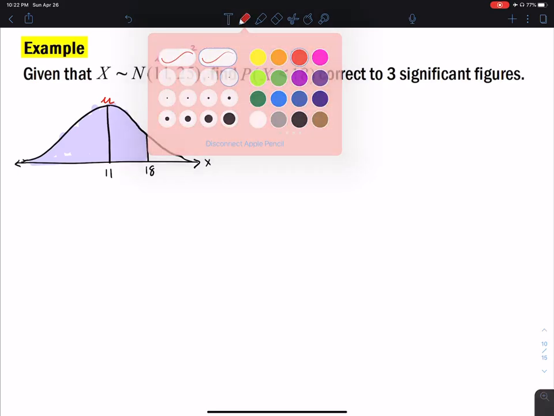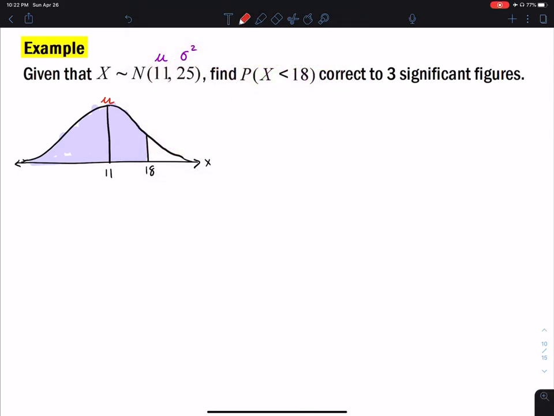So to give you a little background on what we're trying to find, everything to the left of this mean is 50%, or 0.50. So we know that our answer is going to be greater than that because we exceed past that 50%. The first thing we try to figure out when calculating a probability is to find the z-score, okay? And we have a formula that is in your notes that you guys are going to see